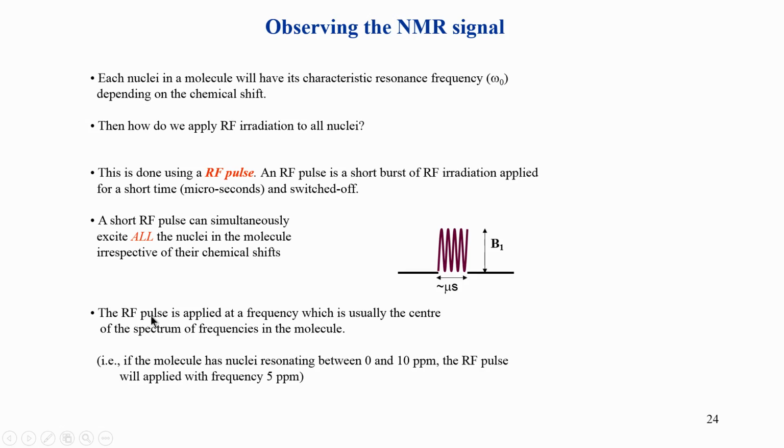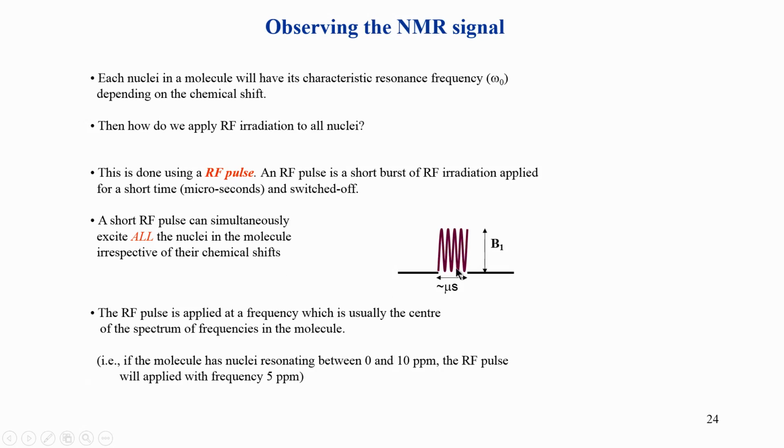The main take home is that the RF pulse, this pulse shown here, has 4 components associated with it. One is the width of the pulse, the duration, which is already shown here, typically in microseconds. Then you have the height or the amplitude of the pulse, which is the strength of the pulse, represented by the notation B1. Then you have 2 more parameters. One is the phase, meaning it is applied along the x axis or y axis; that is not shown here, but it is important. That is the third parameter, and the fourth parameter is the frequency.